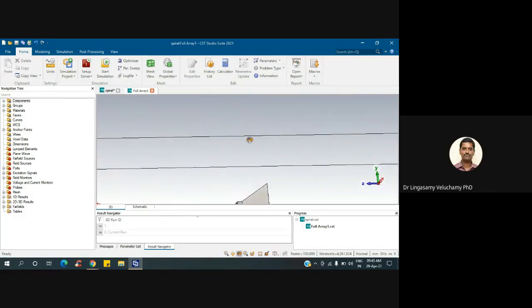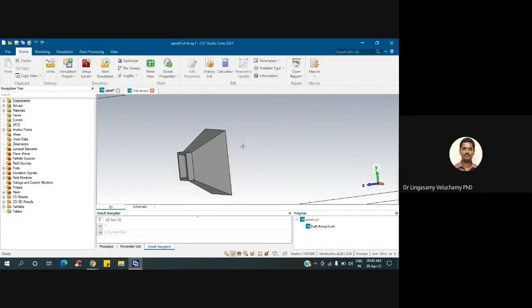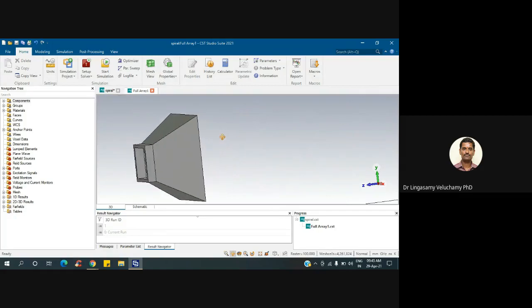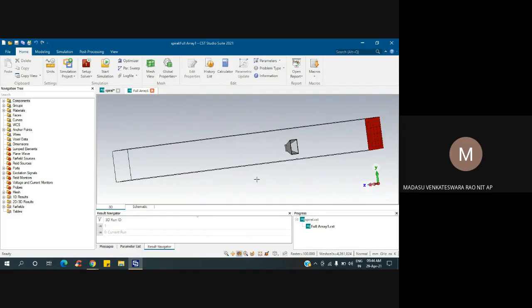No, I think no. You can draw this horn antenna, that doesn't matter. What you can do is, see, there are standard waveguide dimensions. Yes, sir, standard waveguide dimensions are there. So for example, the width is 22.86 and the height is 10.16. So that you can design. That is better actually. Don't use this one because we don't know. Sure, sir, I will do that.